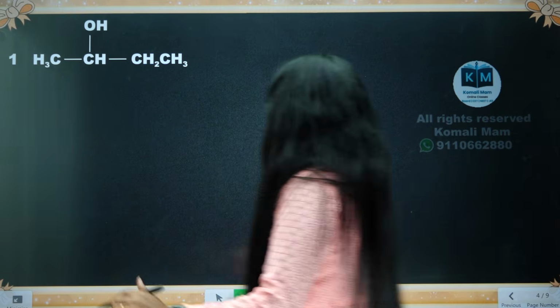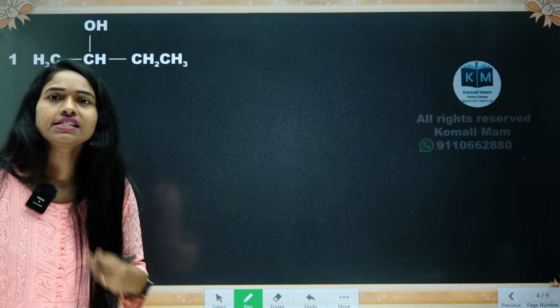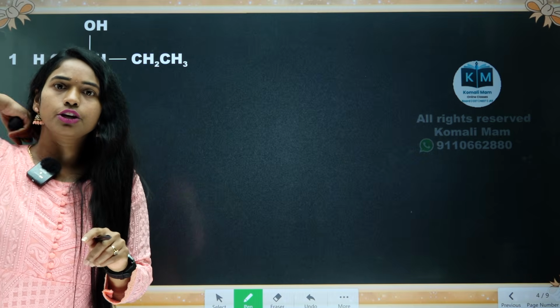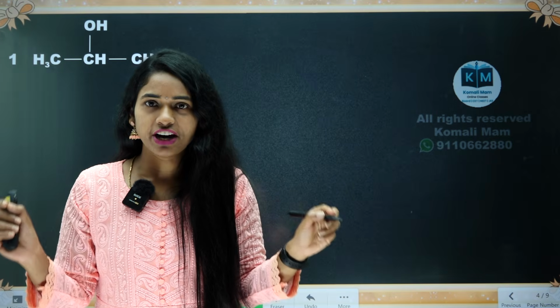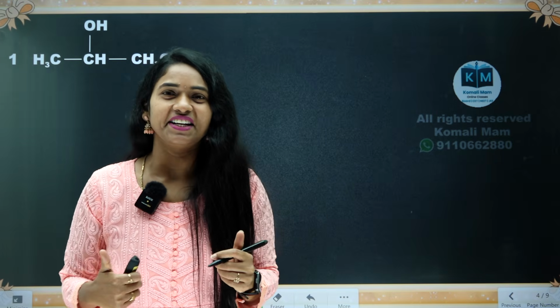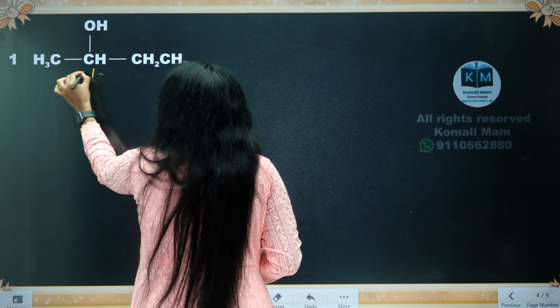First question. What do you mean by stereogenic center? How to find the stereogenic center? A carbon which is surrounded by 4 different groups, we call it a stereogenic center. Okay, see here, this carbon is